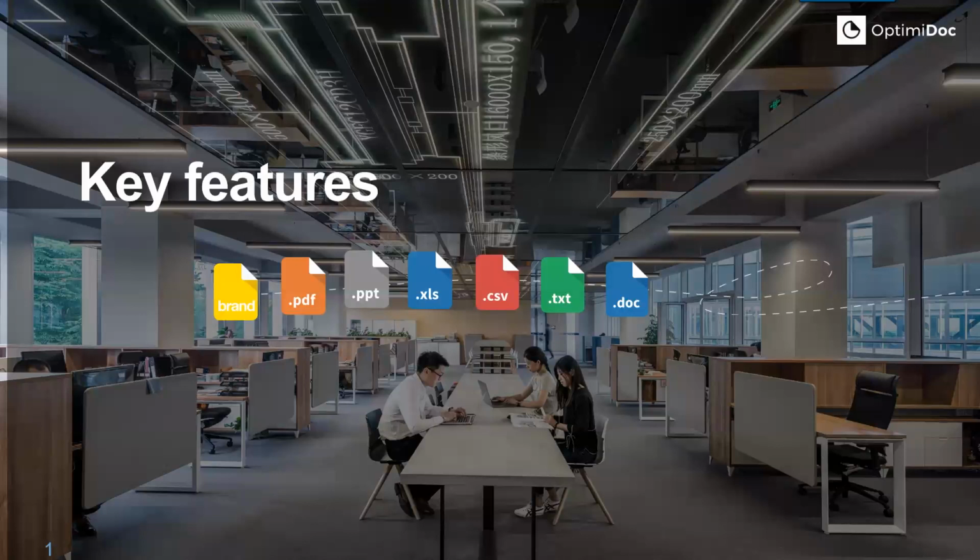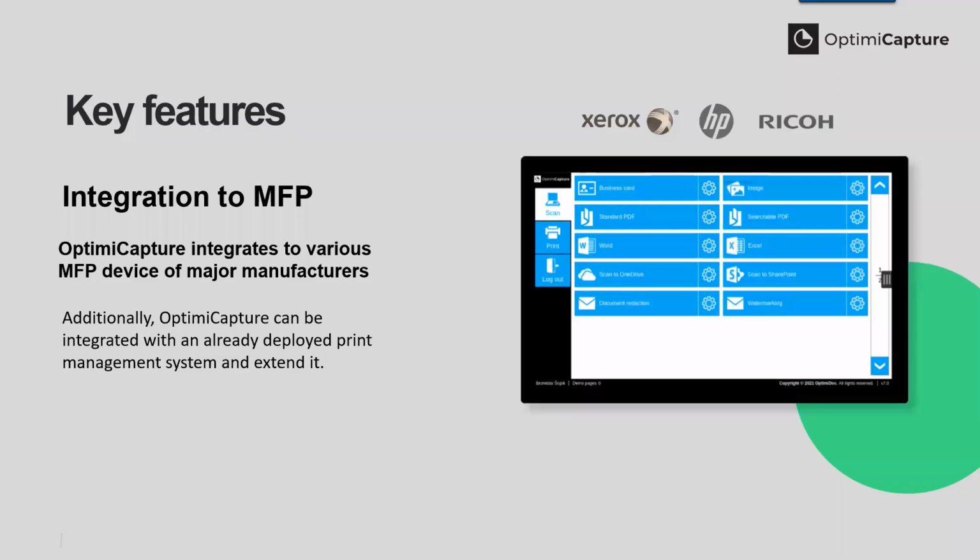Let's have a look at the key features which we have inside the OptimiCapture. First is the integration to the MFP. Right now, we are supporting the 3 brands and others are coming. Xerox, HP, Ricoh are already implemented and could be used immediately. And thanks to this, you can really install the application to the device and make it running at the customer side. What is important is that we are also focusing to really integrate the OptimiCapture to the current environment of